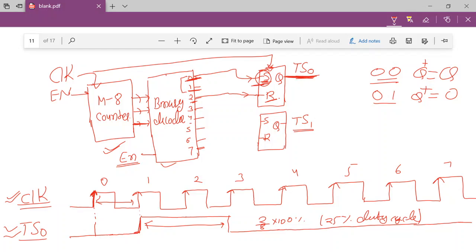So suppose you are applying 3 to S. Now let's check what will happen at TS1. Of course, in the first clock cycle, it is also going to be 0. Now 1, there would be no impact. 2, no impact, right? Now when the 3 will become 1,